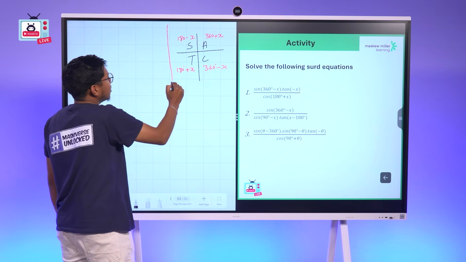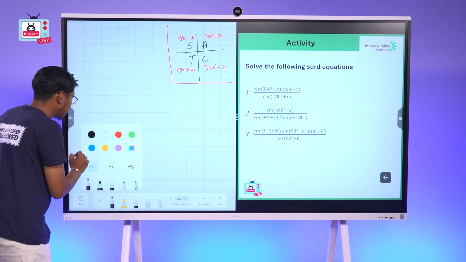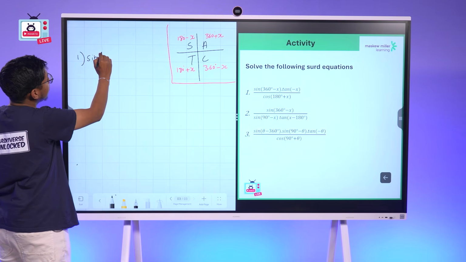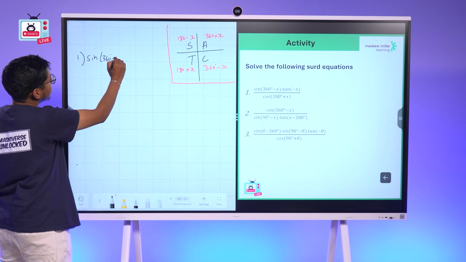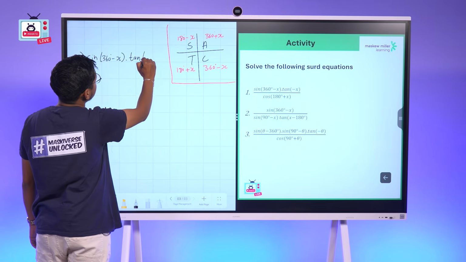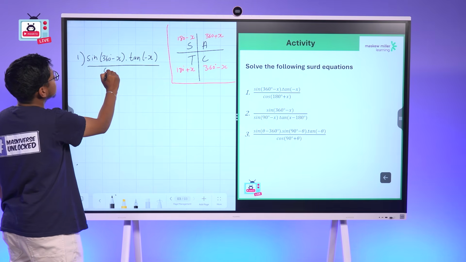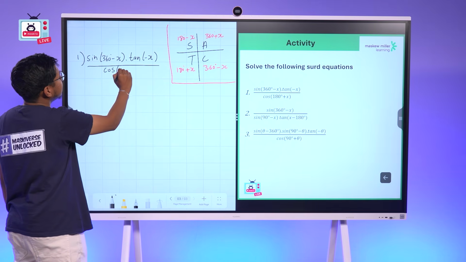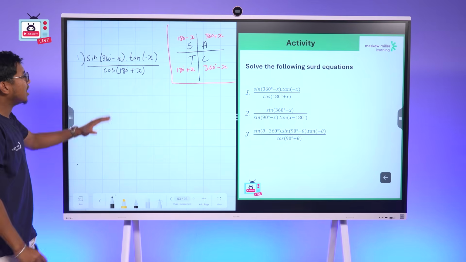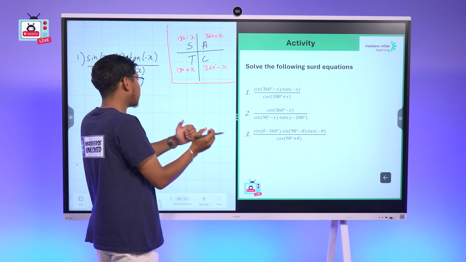Once I know this, I can solve practically any problem that comes my way. All right. So, number one, I have sine of 360 degrees minus x times tan of negative x over cos of 180 degrees plus x. Okay, there we go. Now I want to reduce this using the reduction formulae that I was just presented to